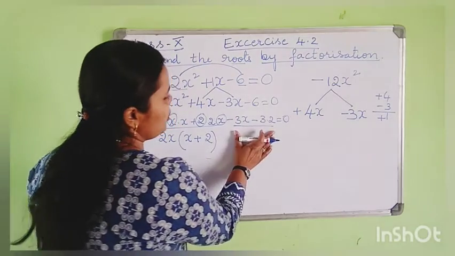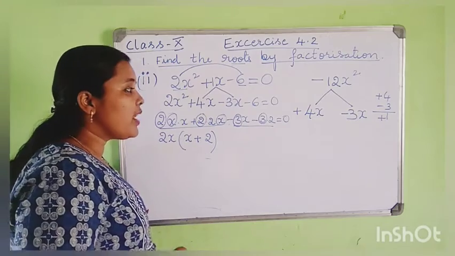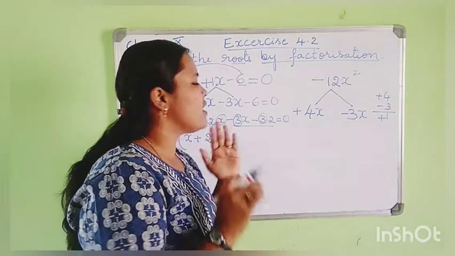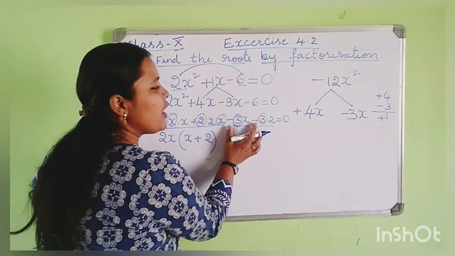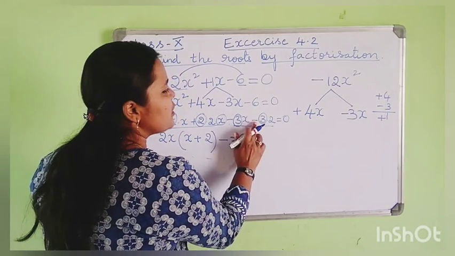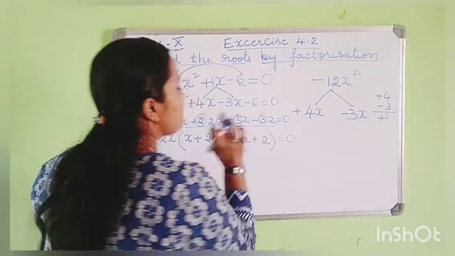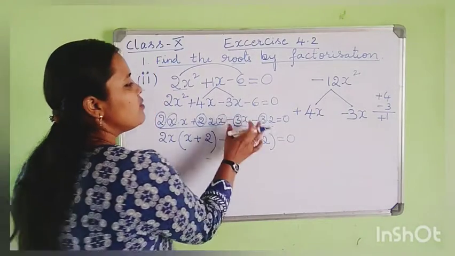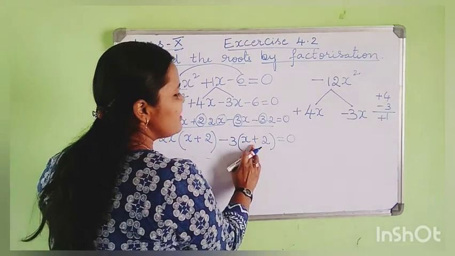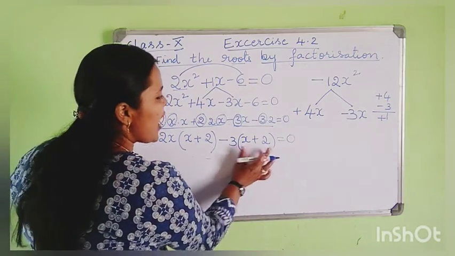So in the second group, we have common 3 along with minus. This is very important step. Students make the mistake while taking common. So if you have minus on both the terms, you have to take minus sign also. So when you take out minus sign, what is happening to inside sign? It will change. So this is very important step. While taking common, you have to take the minus sign along with the number. So the inside sign is going to change. And I also told you, we should get these two factors common.